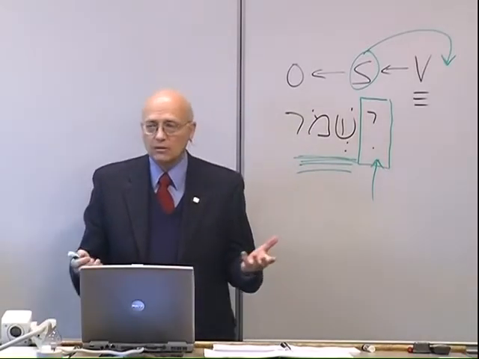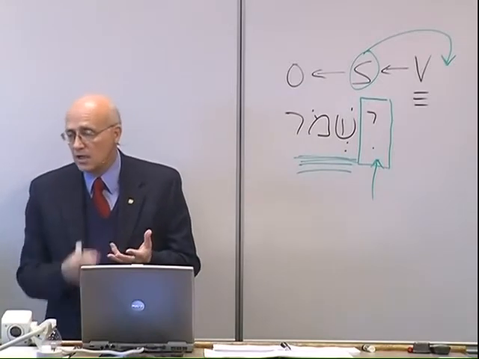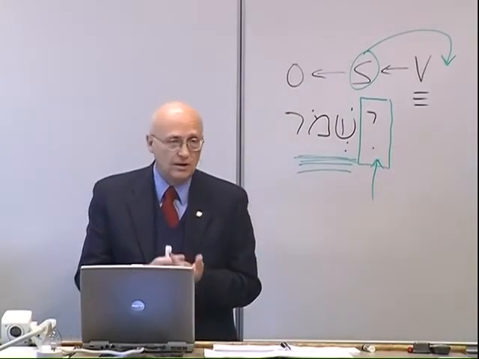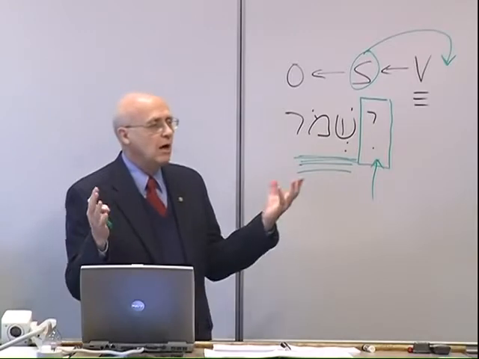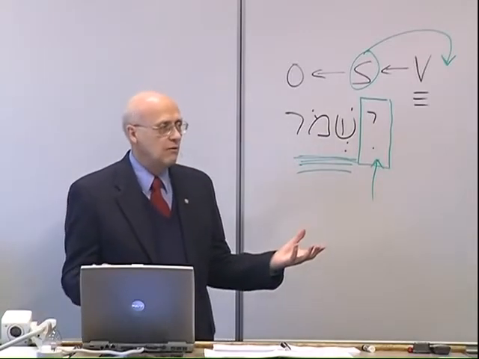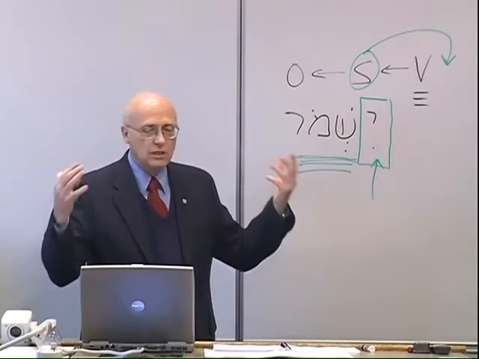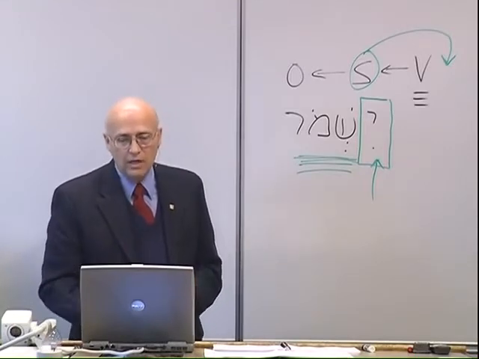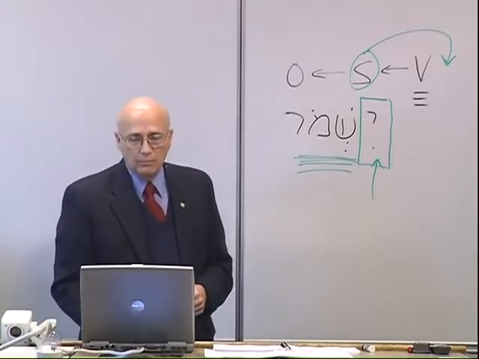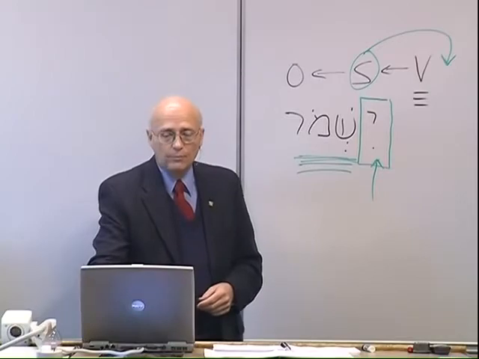And it can be a number of things. It can be on the subject by context. It can be on the object. It can be on circumstances. Or it can be on the nature of the action itself, because the imperfect looks at the internality of the action. And here's what we're talking about here, the normal word order.